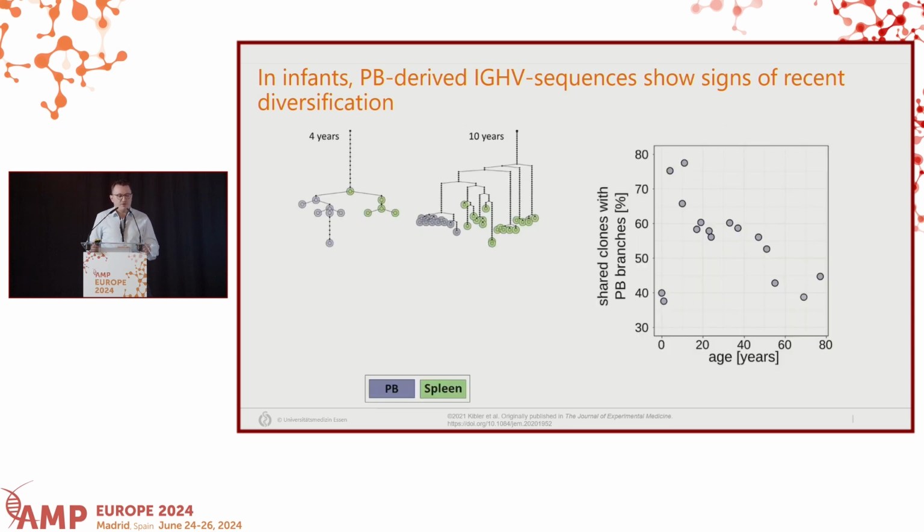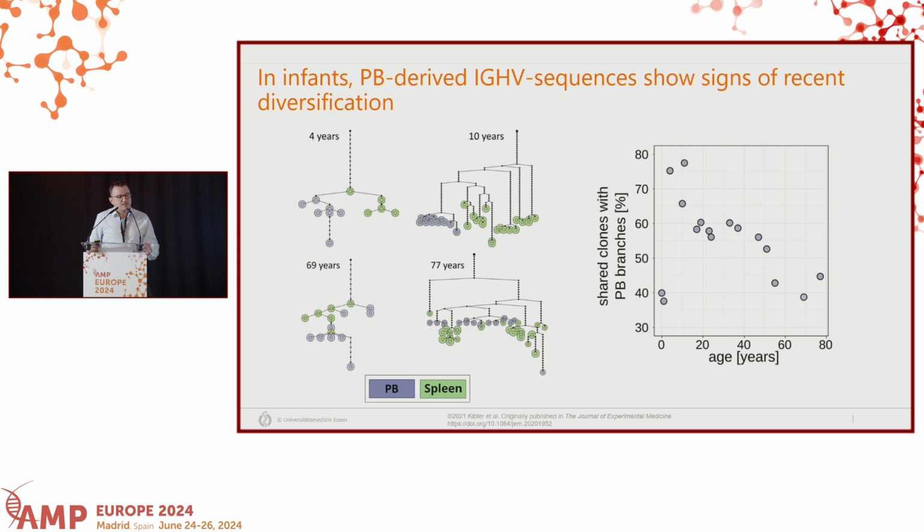When we quantified this feature, we saw that there is a peak early in life. We think the two lower points here are due to low Ig mutation frequency, so you cannot really distinguish the hierarchy in these unmutated clones. However, when Ig mutation is present, then most clones early in life show this picture. Also, you see there is a steady decrease over life, and we see more clones that look like this.